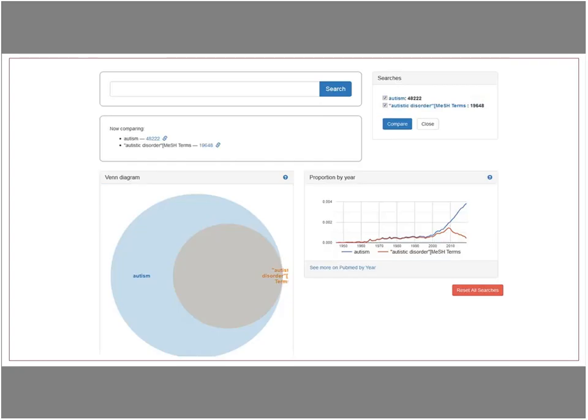And if I look at the Venn diagram, I see that all of those results live within the broader search of autism, so that's working exactly the way I would expect it to. But when I look at proportion by year, I see something that might trouble me. I haven't dug in to see exactly what's going on in terms of the difference between these two different searches. But given the sociological valence of autism as a concept, given the amount of research that's likely being done on autism, that first line for autism itself doesn't surprise me at all. It makes sense that's going up at a fairly dramatic clip in terms of proportion of the results